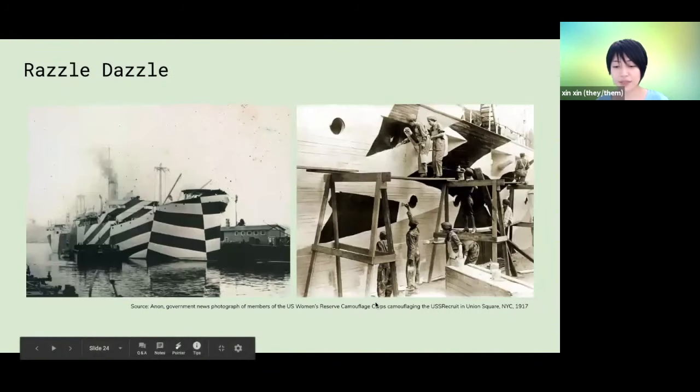This is another example called Razzle Dazzle. This idea was actually created by a British marine painter, Norman Wilkinson. Essentially the idea was that maybe if we cover our military ships in these dizzying stripes of color, it would be possible to warp the enemy's perception of the type and size of the vessels, as well as the speed they were traveling at and how far away they were.